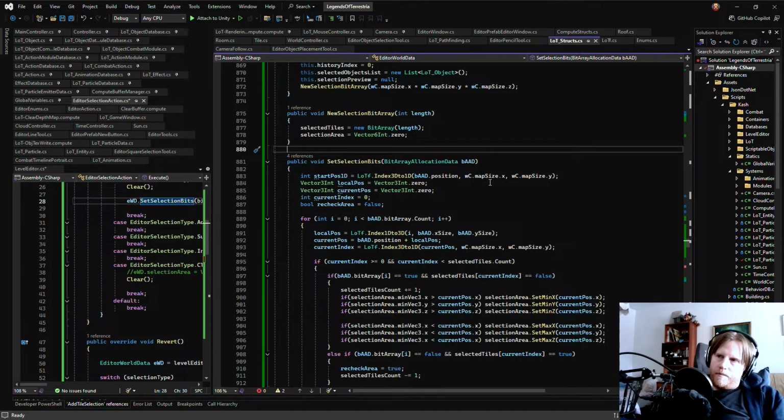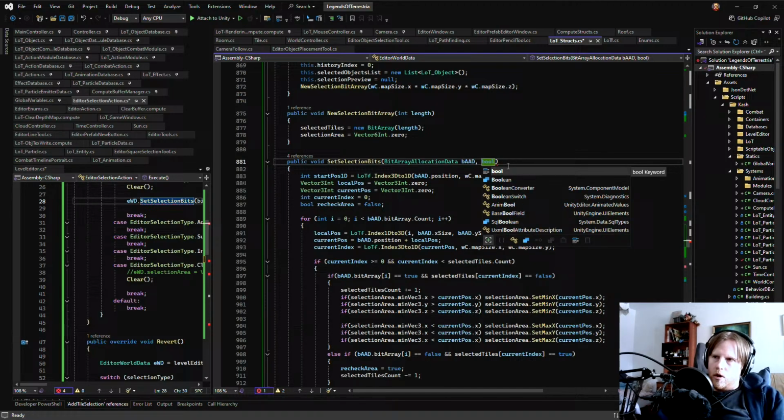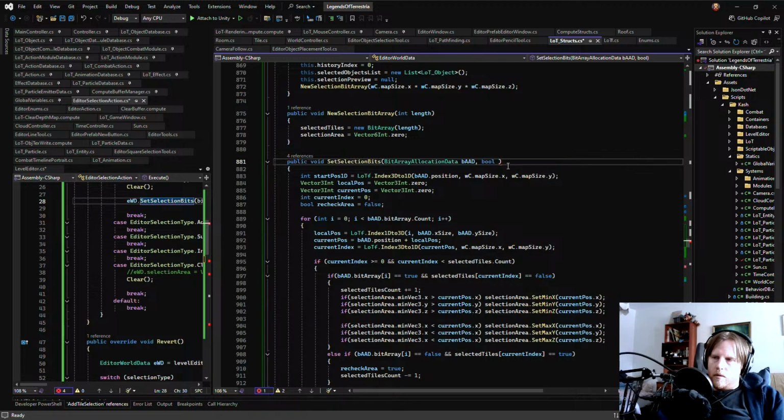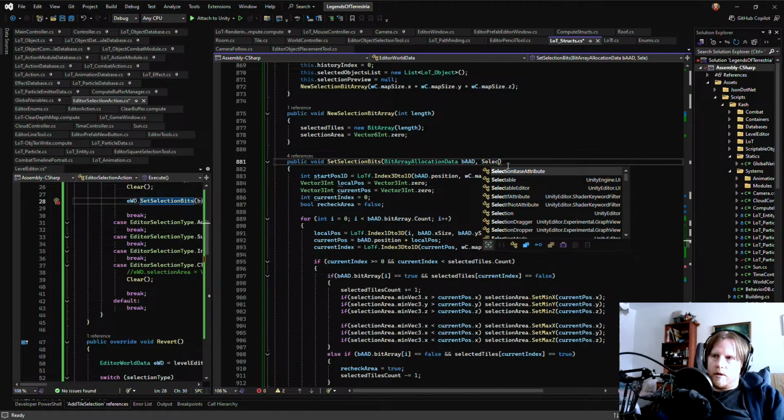So how do we do it? Is a bool enough? Like bool remove equals false. Like, is that enough? I don't think so. And in that case, it's gonna have to be a selection.